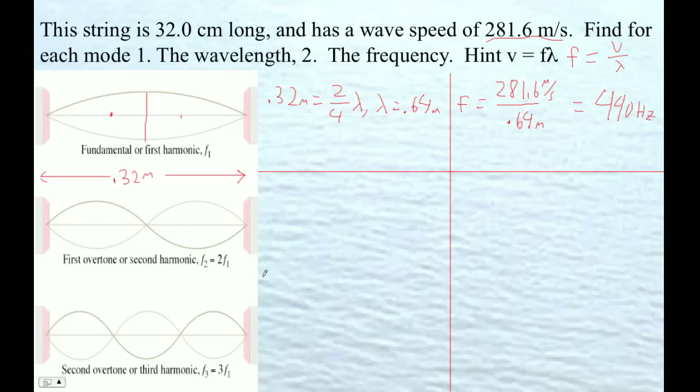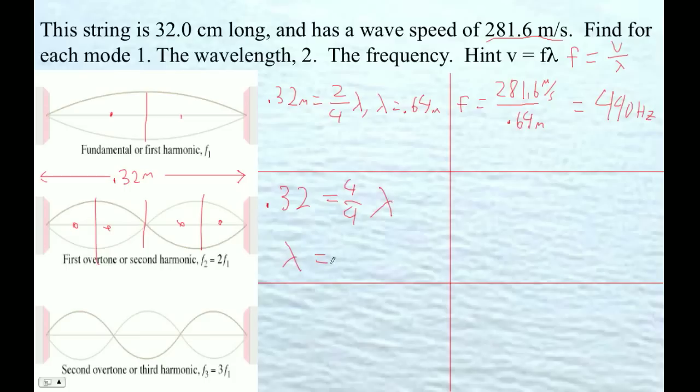On this one here, on this guy here, now we go 0.32 equals, and then here we've got actually 4/4 wavelengths, right? 1, 2, 3, 4/4 wavelengths, right? Therefore, the wavelength equals, well, 0.32, right? So our frequency here is